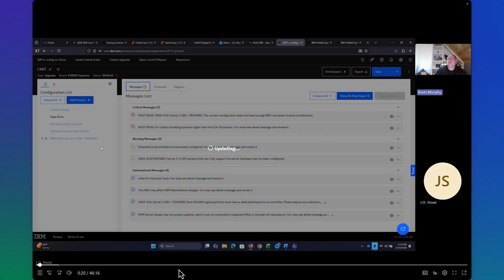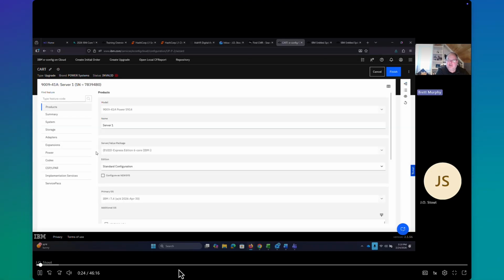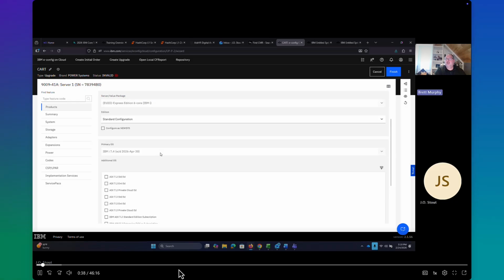Okay. Now, what's interesting is if you're going to start with the hardware, you have to start with MES upgrade, but you could actually, if you only wanted to do something with software, you could go straight into it without clicking on that. So, do you know what to do now? Do I select configure new system? Yeah, but before you do it,